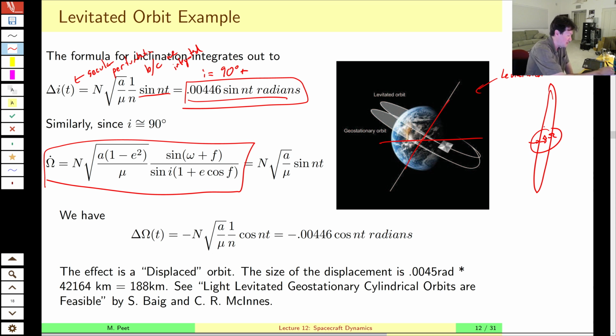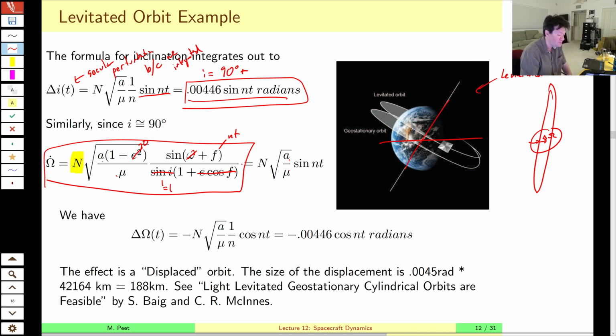So we have this big nasty expression, of course, for right ascension. It depends on the normal force again, which we've already calculated. Most of these terms disappear. That goes to 0. This is not important. This is nt. This goes to 0. Sine of 90 degrees is equal to 1. And so the only terms we have left are a omega, or a mu, and then sine of